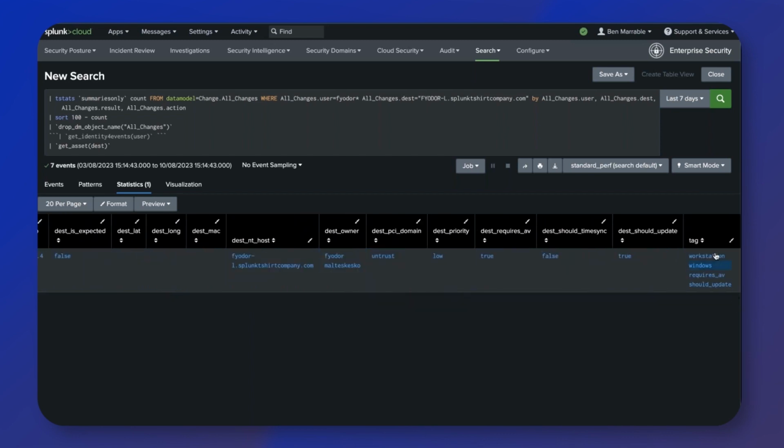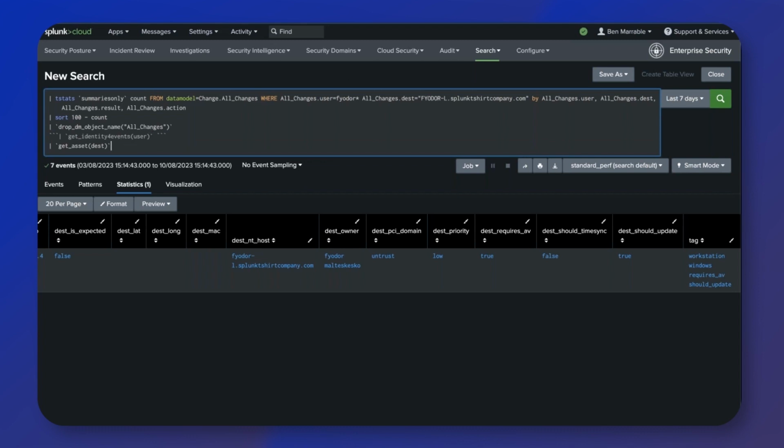We've got the IP, we've got should it update, all sorts of different things, and of course we've got priority in here as well, which is low, right? Because it's a laptop and so forth. So we've got all of that great detail in here by just using these macros, and you can see how quickly and how useful that is. So that's if you want to use something that isn't populated in the results,